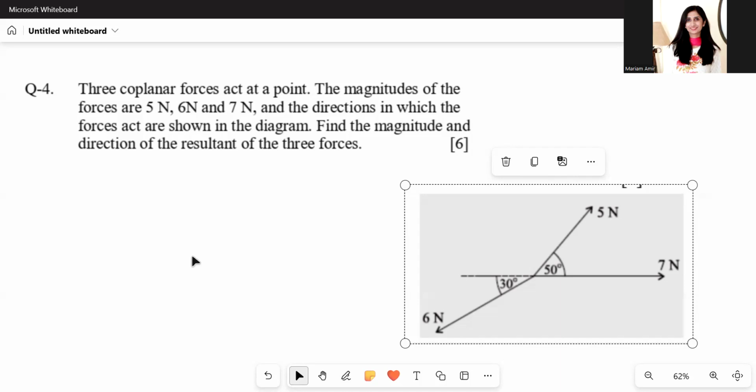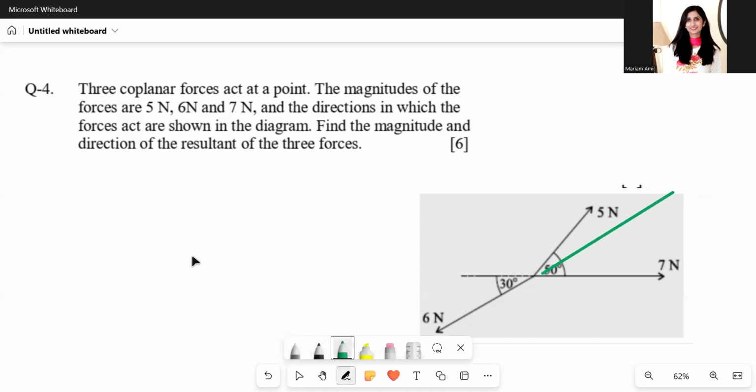Okay, so let's say that the resultant is going to be somewhere over here. Not sure though, but I'm just assuming. So we need its magnitude and also its direction. Direction would be like these many degrees above the 7 Newton force, or anti-clockwise these many degrees from the 7 Newton force. So we need the magnitude of R and we need the direction of R, which includes finding